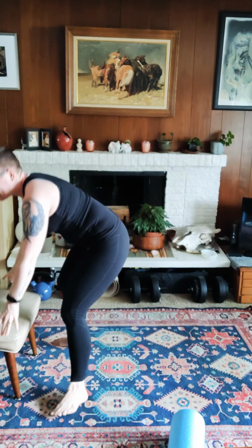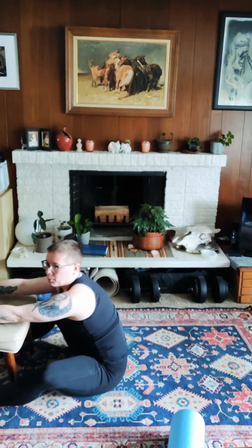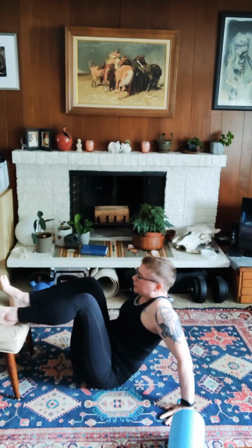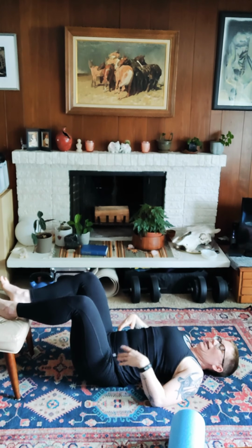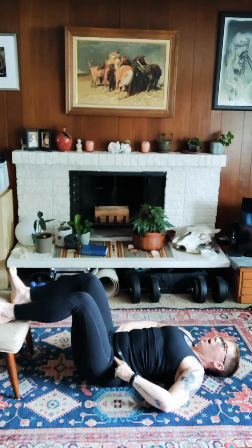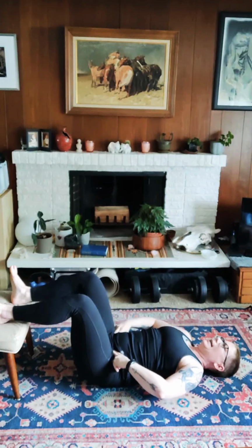All right. So we're going to start out with some breathing drills. If you have a chair, coffee table, couch nearby, something to set your feet up onto, you can also just place your feet against the wall. Legs are bent at 90 degrees. Pressing through your heels, you're going to take your fingertips on your hip bones, sliding your fingertips in from your